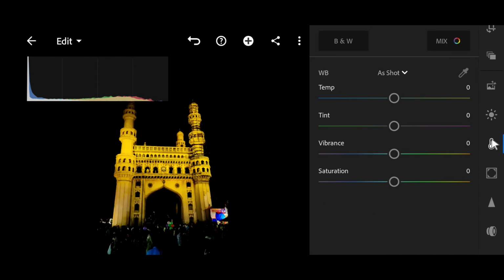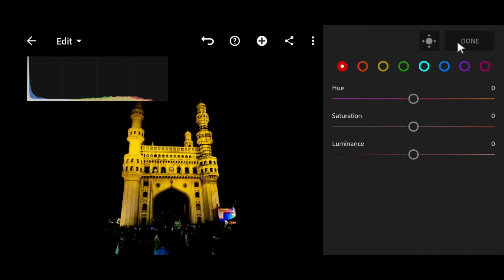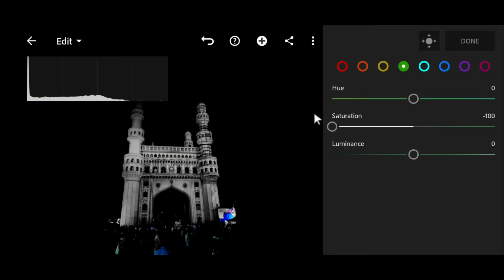And now we'll go here, and what I'll be doing is desaturating each and every color in this image. Orange, yellow. Don't worry, I'll be adding yellow color later on. I'll desaturate all other colors.